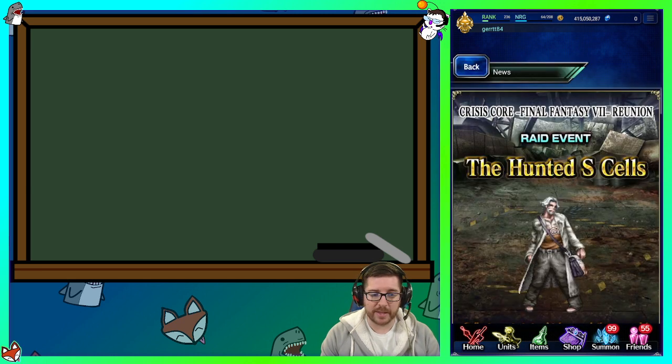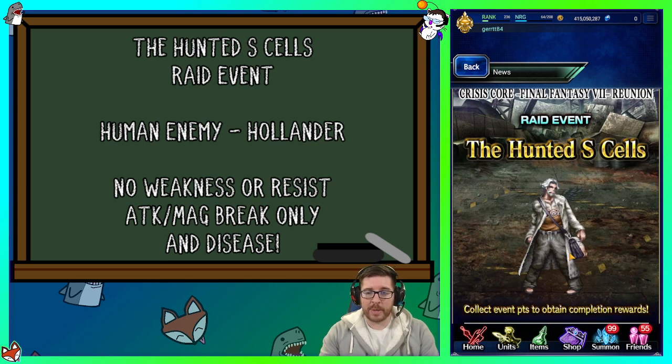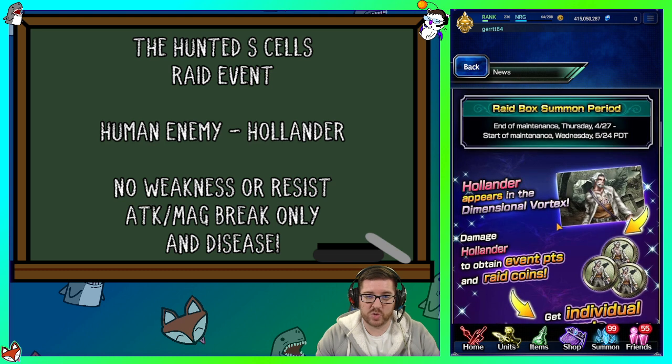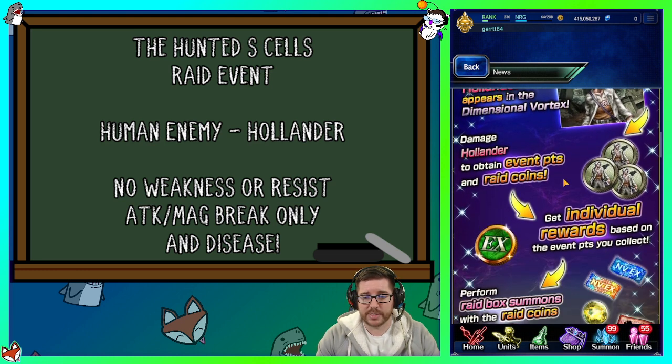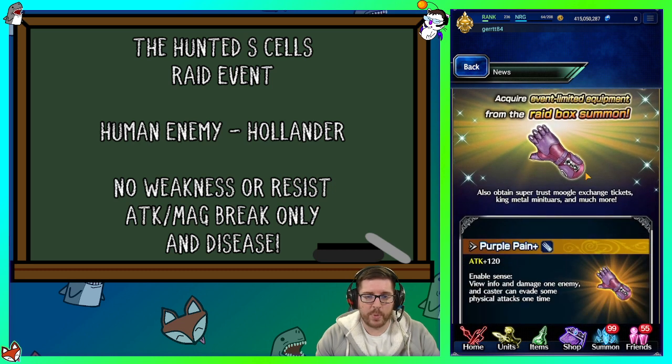But let's talk about the events. So the first one that we're going to have is this one here, the Hunted S Cells. It's a raid event against this human enemy Hollander. Hollander has no weaknesses or resistances, and you can only break his attack and magic, which is pretty typical for raids, but you can give him disease. Don't know what disease we want to give him, but we can give him disease. And that'll lower his defense and spirit if you're having trouble damaging the boss, but you shouldn't because it's a raid. And you can summon through the box, and get all these things